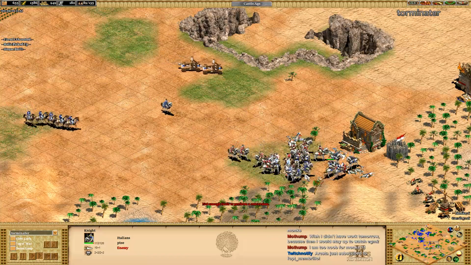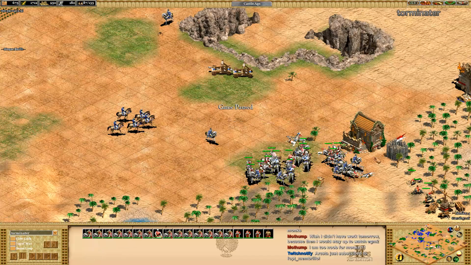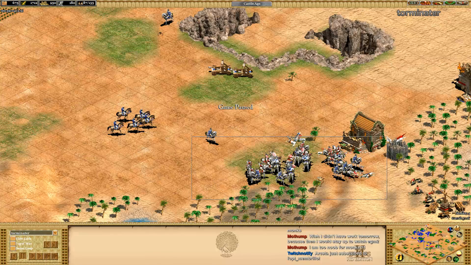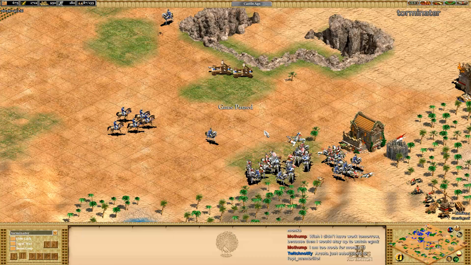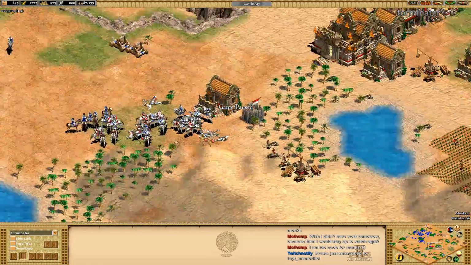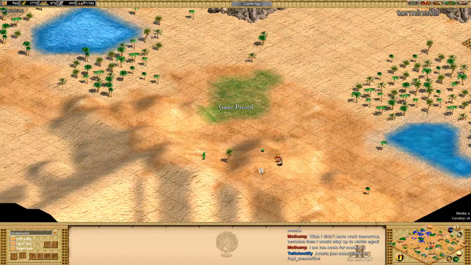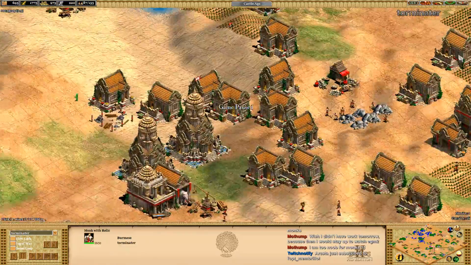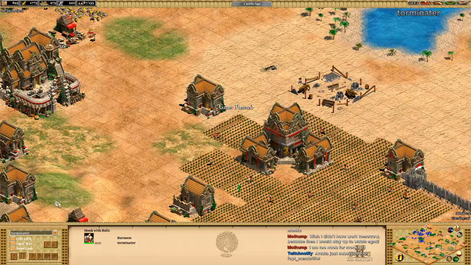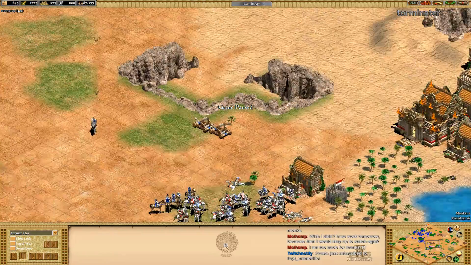I get 1 conversion. And all my monks are gone. So 1 conversion, and I could have easily gotten 4 if I actually managed to do my micro correct. That was unfortunate. Still had, I think, somewhere a monk around here. Yeah, I had 1 monk down here and another monk, I think, on his way with a relic or something. Yeah. So now it's